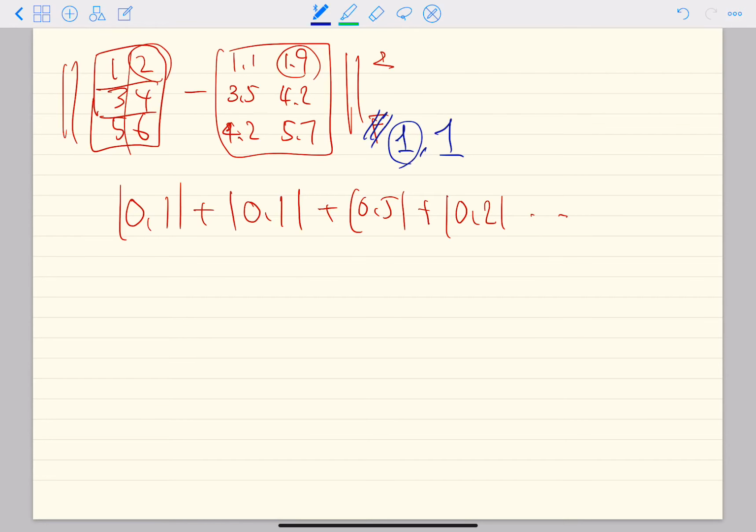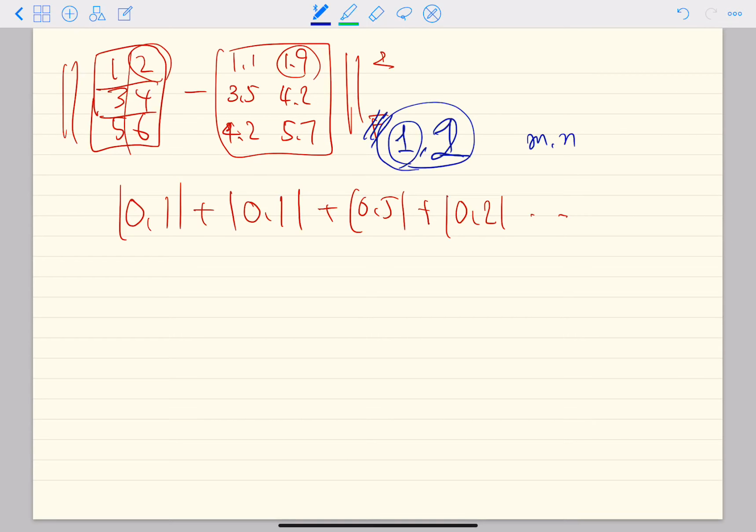It is called the 1-1 norm. Okay, so this is called the 1-1 norm. And what about the 1-2 norm, or maybe the PQ norm or something like that? I forgot the order, but